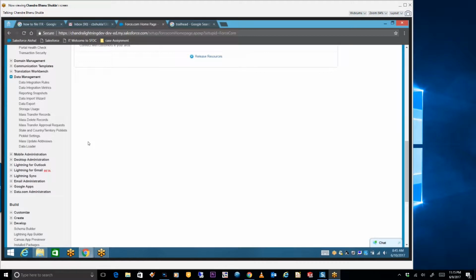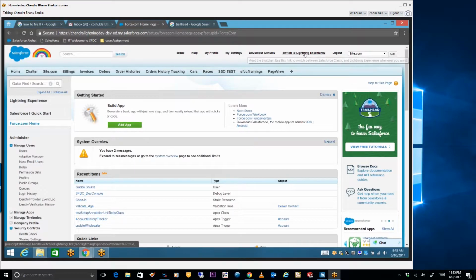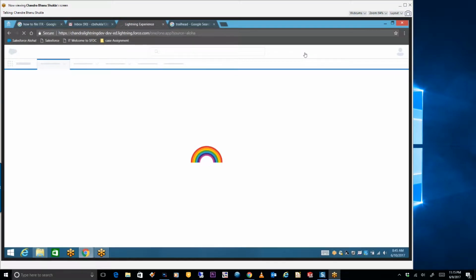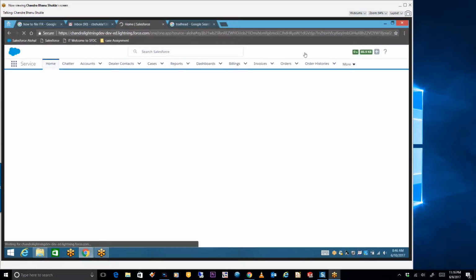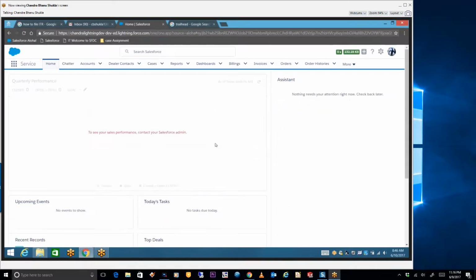So what I will do here is teach you on Lightning. Right now I'm just giving you all these details, but I urge you to learn Lightning so that you can have a better experience for the market, because the market is now moving to the Lightning experience, and Salesforce is also pushing these things, so that everyone learns. It is the same features, but it has a different look and feel. I cannot say it is faster right now because it depends on experience, but in coming futures, in the October next release, it is the most valuable product from Salesforce. So we are pushing toward that.